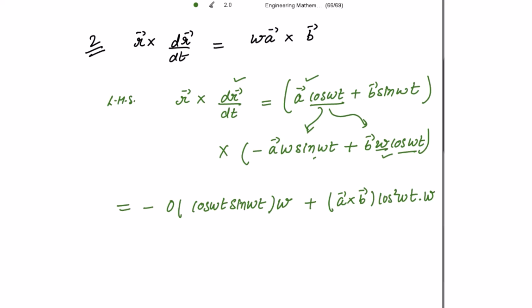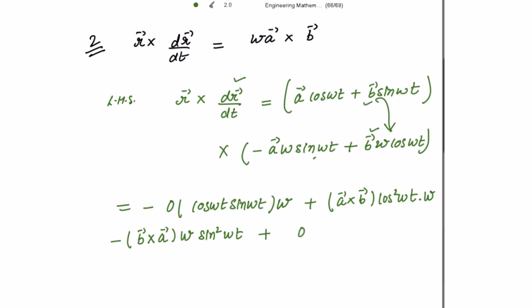Then taking the cross product of second term with the first term, it is negative sine b vector cross product with a vector, and also w is multiplied with this, and we have sine square wt. And then taking its cross product with the second term, because we know that cross product of b vector with b vector is 0, so I am writing it as 0. This first term is also 0. So what we are having,